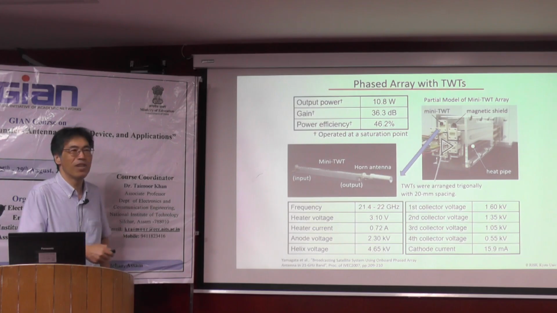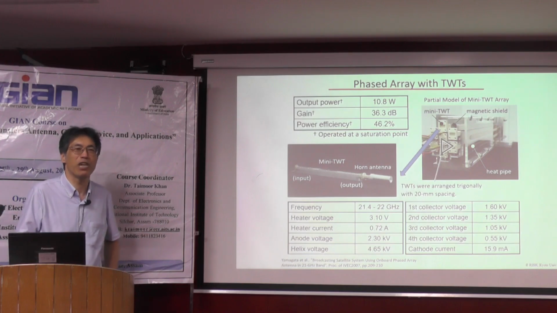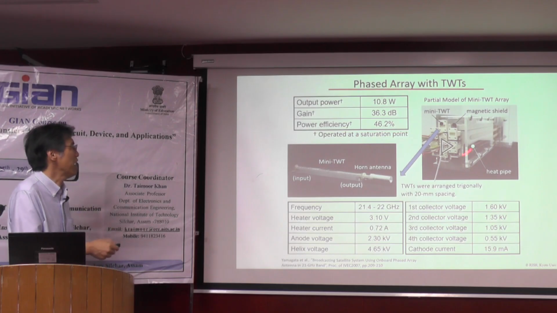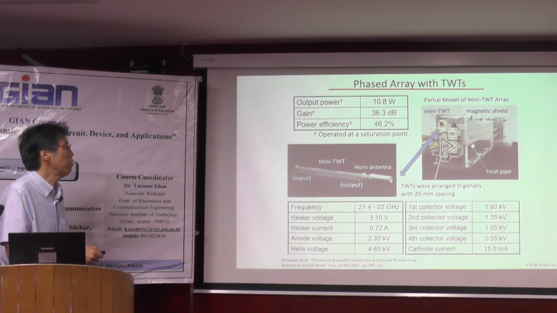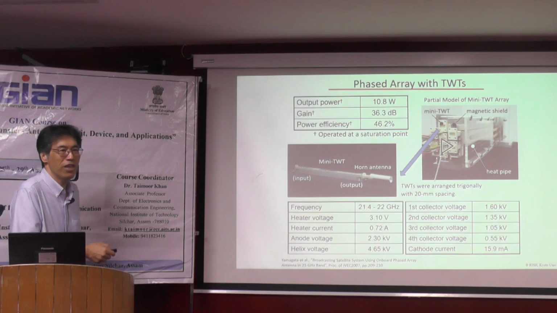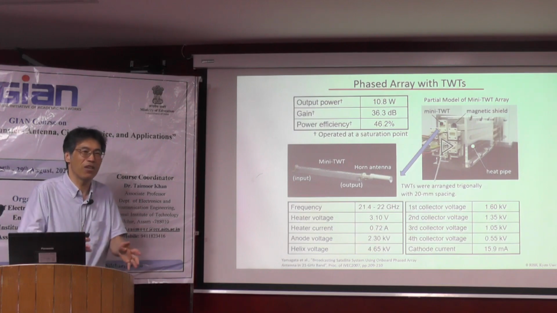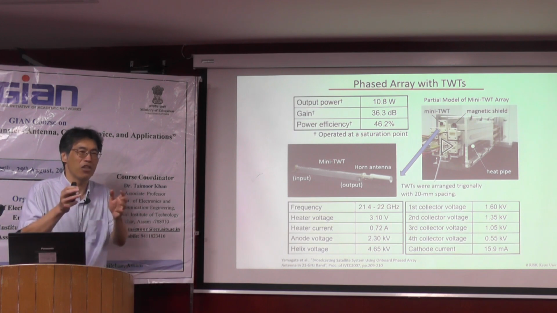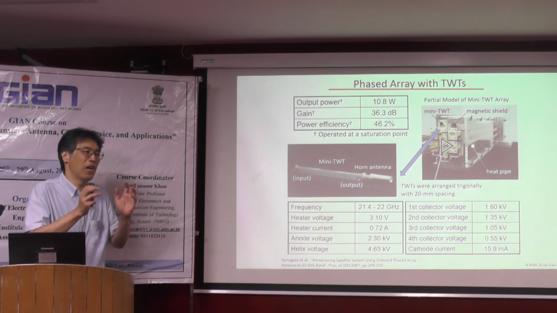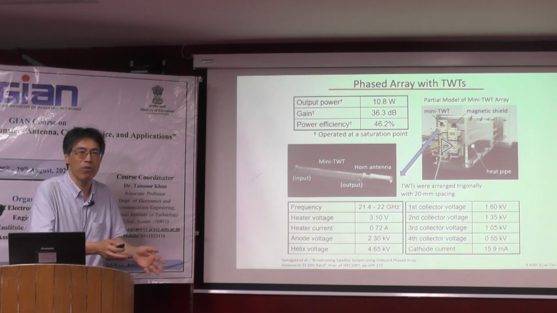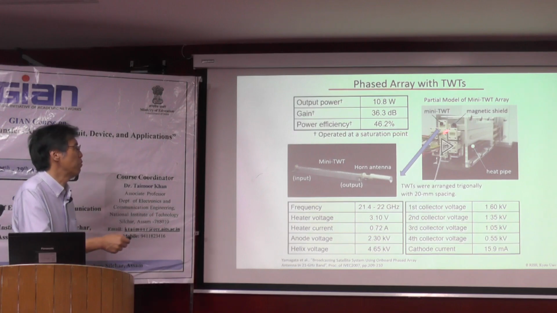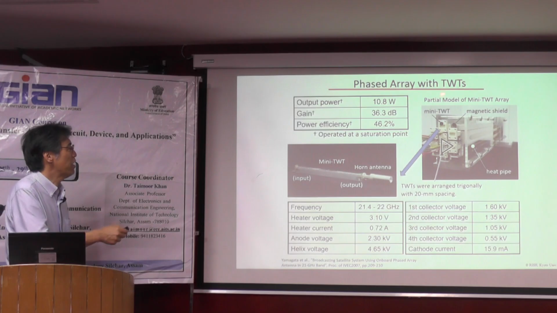As I mentioned, usually a TWT, traveling wave tube, is installed in the satellite for broadcasting. But the Japanese group developed a mini TWT to develop the phased array. Usually on the satellite, they use only one TWT to transmit the broadcasting TV wave. But they developed a phased array